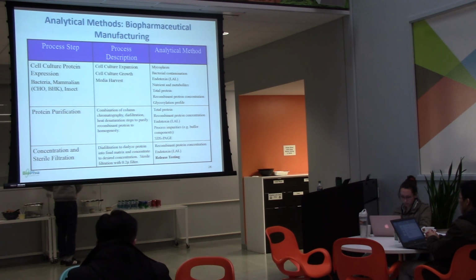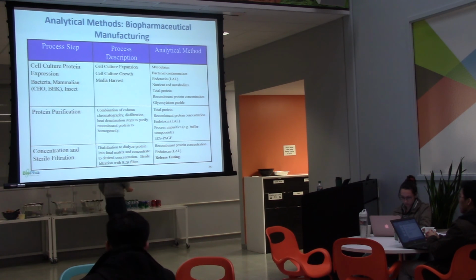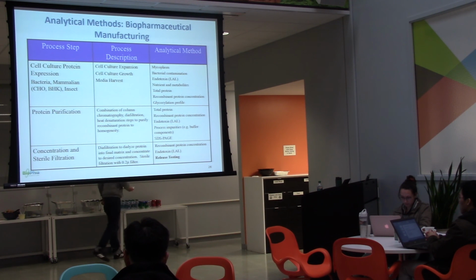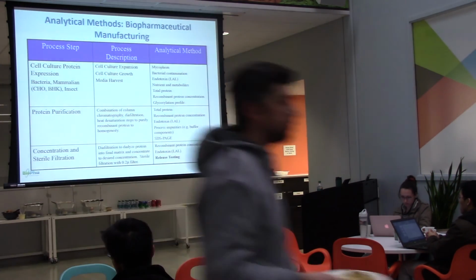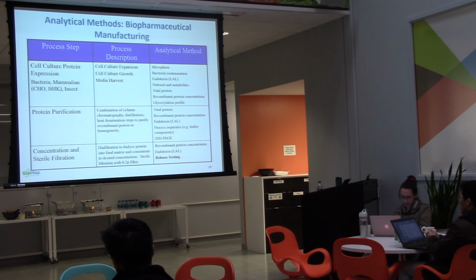So in the manufacturing process, there's a variety of steps that you go through. In that, there are analytical tests that need to be done to assure that you're getting the protein that you want or the small molecule that you want during these various stages of the production. You can see those listed over on the slide. Most of these are pretty standard, but they are tests that you're going to have to describe and show that they work. You're going to have to validate them at some point, and all that information goes in your IND.